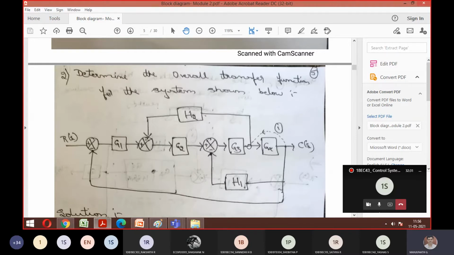So you can see the question properly. What all things has happened there? You can't solve it directly. See, G1, G2, in between there is a summing point. Again, I can't do anything for my G2, G3, there is a summing point. So again, G4 is there. So what can be done?